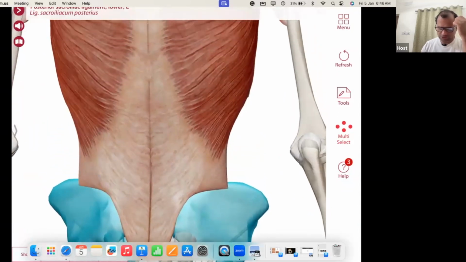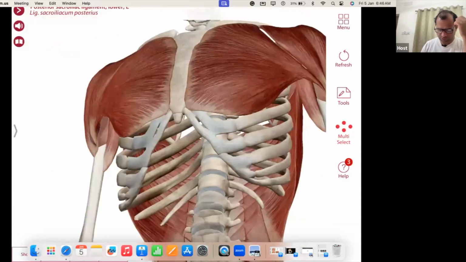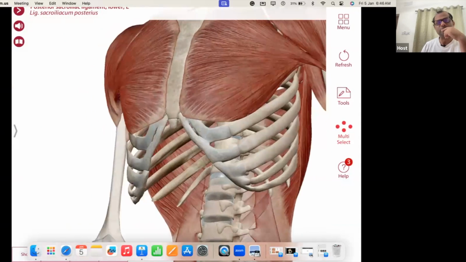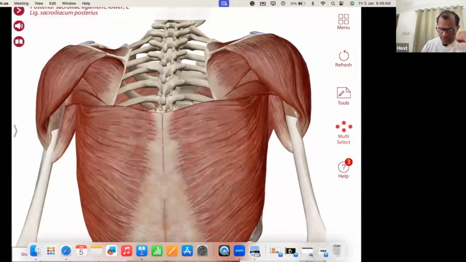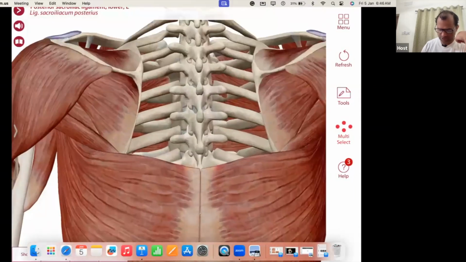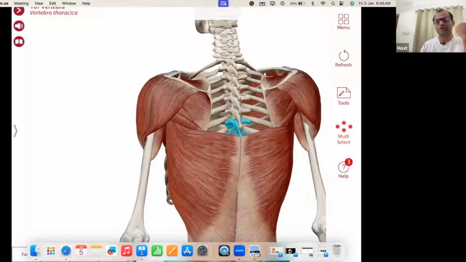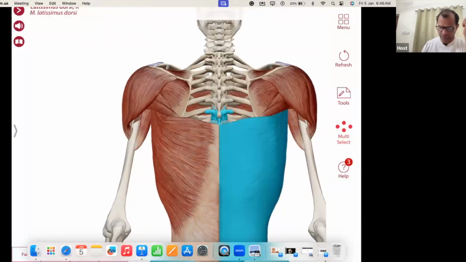Now latissimus dorsi is also having connection with the ribs. We can see there are multiple ribs connected. And also it's connected with the spine. We can see here with the thoracic 7 onwards. thoracic 7 के बाद ये connected है. अब देखिए इतनी सारी जगह connected, but ultimately if you see the latissimus dorsi,